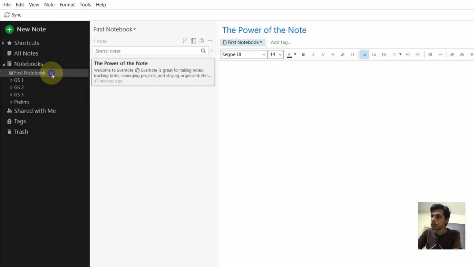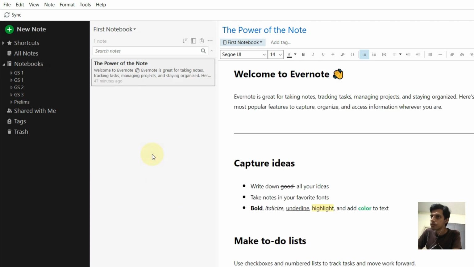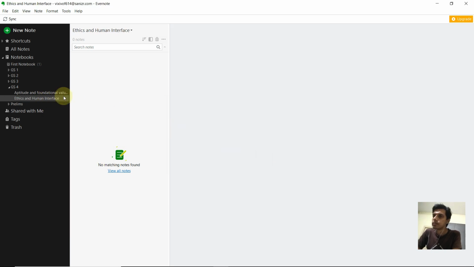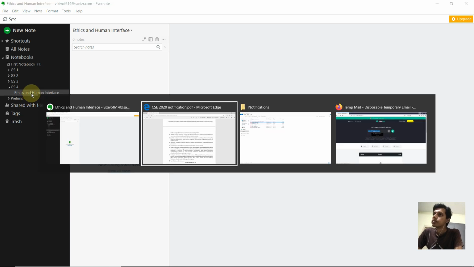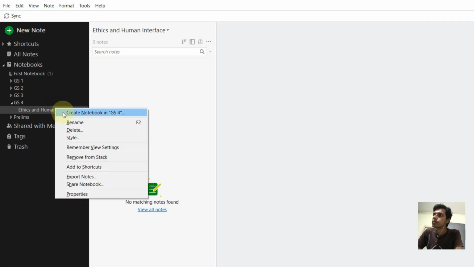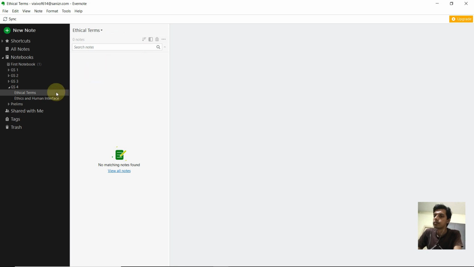Similarly, now we will be creating for the GS4, which is the ethics paper. We will rename it as GS4, and then we'll create such notebooks like aptitude, ethics and human values and all. So I'll give you a tip, like in ethics there are various terminologies like values, integrity, morality, conduct, and also you can create a new notebook, and within that notebook you can create new notes.